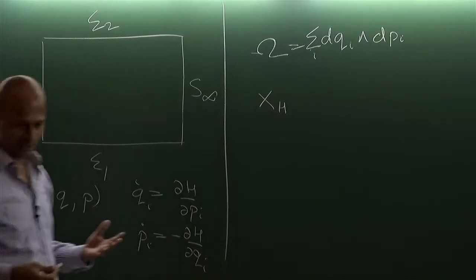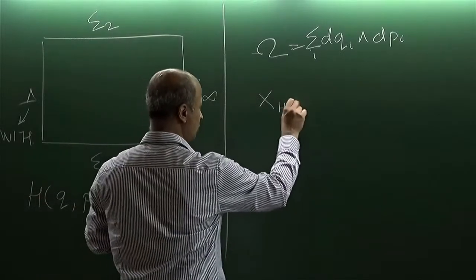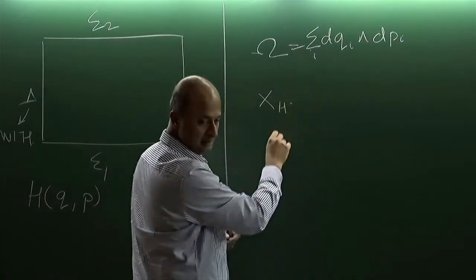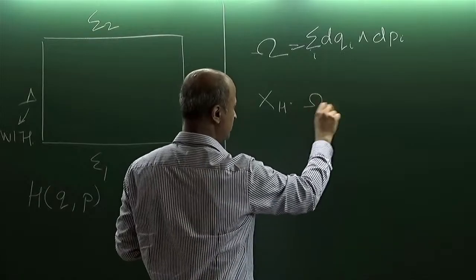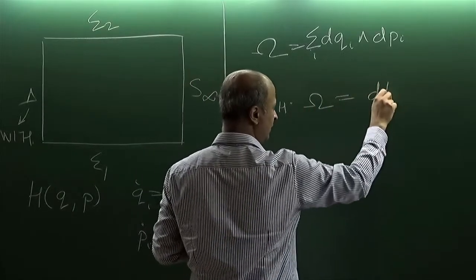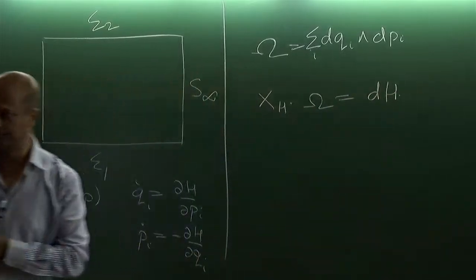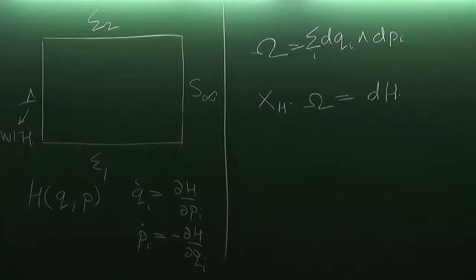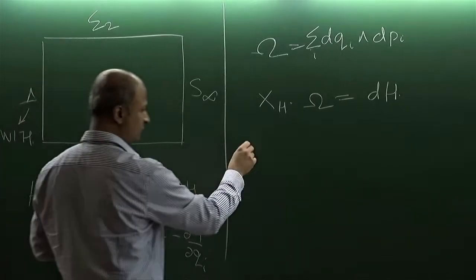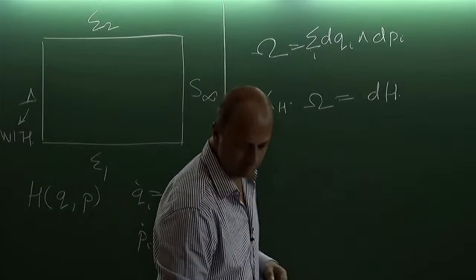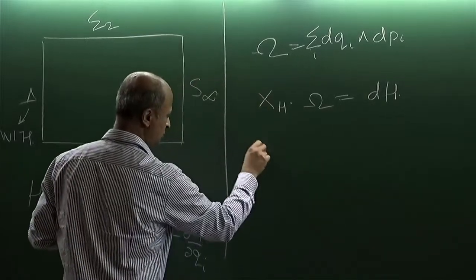Then you can check that XH dotted with the symplectic structure is the differential of the Hamiltonian. And the XH in particular happens to be the following for these equations. So XH would be